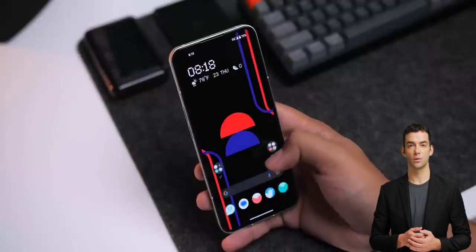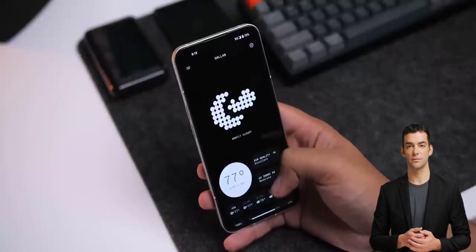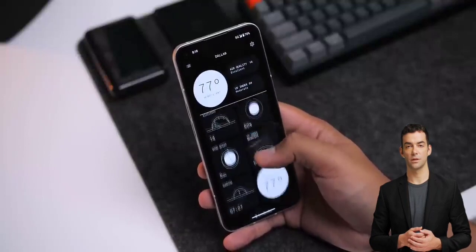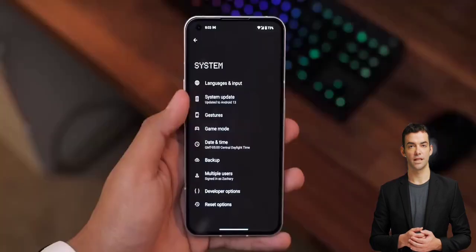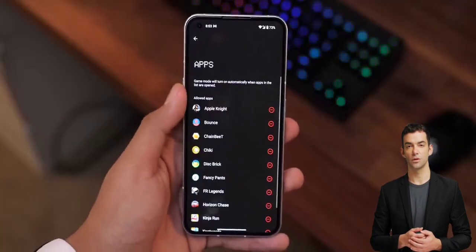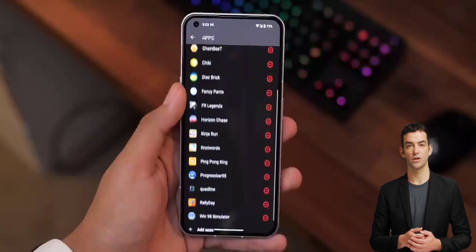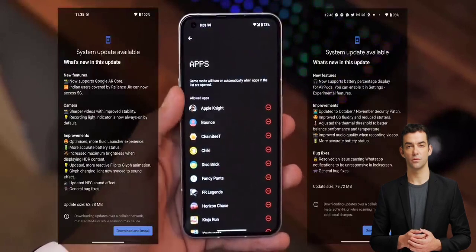Now, this is a selling point, and this is where Nothing needs to continue putting in a lot of time and effort, especially when it comes to reasons for buyers to get this phone. Now, I say continue because, well, so far the Phone 1 has received a good number of updates aiming to fix issues, squash bugs, improve